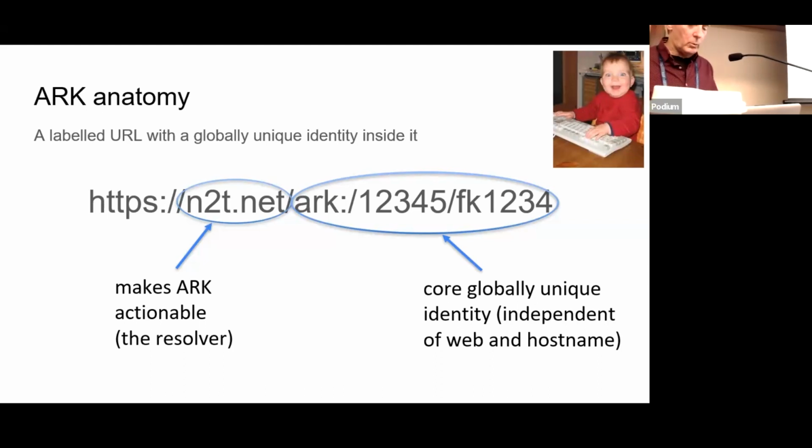So finally, why is the ARK resolver called N2T? Why doesn't the ARK resolver contain the letters ARK, like arkresolver.net? The ARK design wanted to break out of the silos and the walled gardens surrounding resolvers for other identifier schemes, which are meant to exclude. So what got built was this name to thing resolver. So N2T stands for name to thing. The short name helps for short citations, and it also happens to resolve hundreds of different identifier schemes in their compact form.